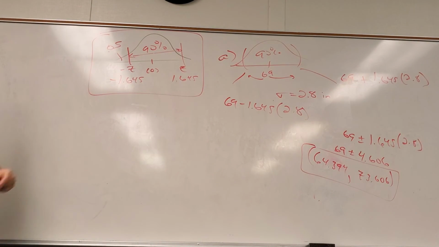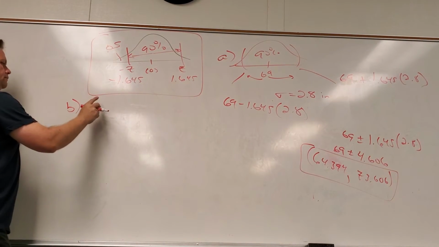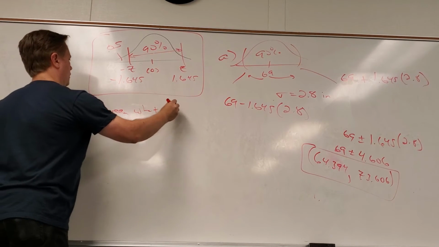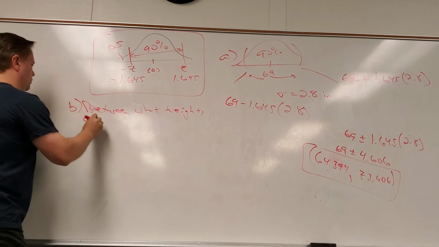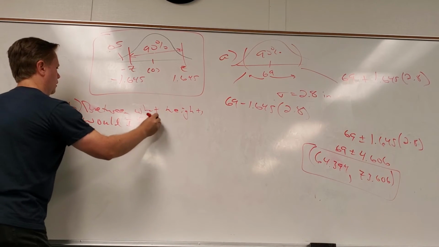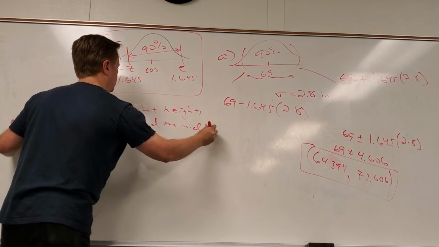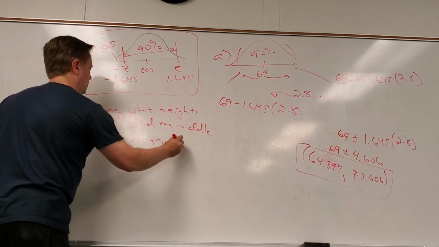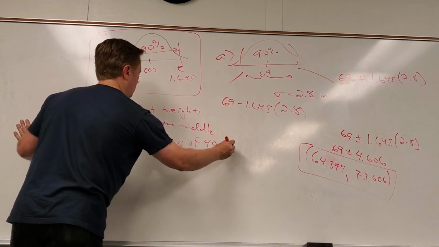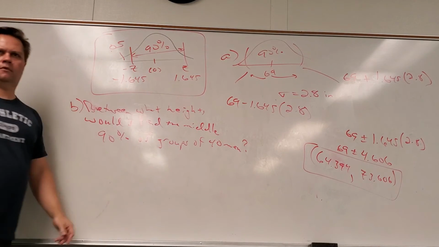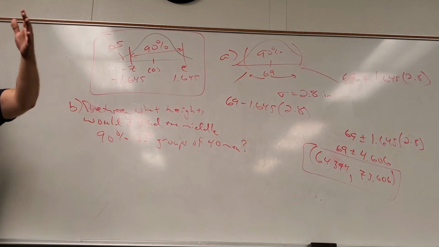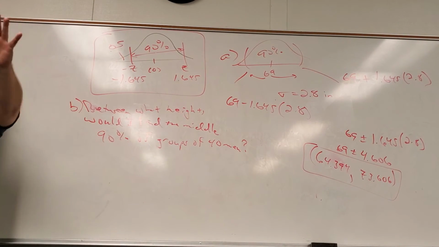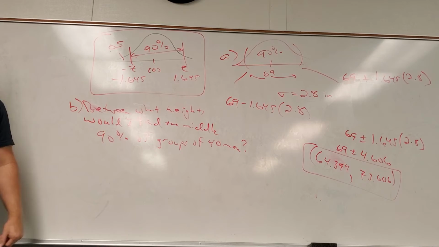So if I do this and I say, between what heights would I find the middle 90% of groups of 40 men? If I take a random group of 40 men, between what two heights would I find 90% of all the averages? Okay, that's a weird question, but